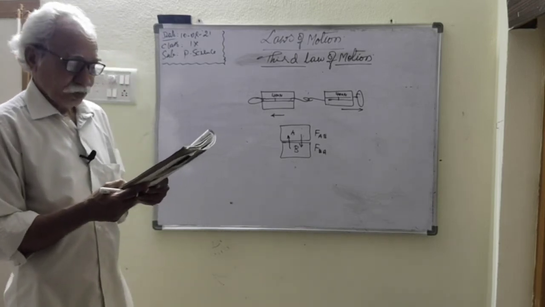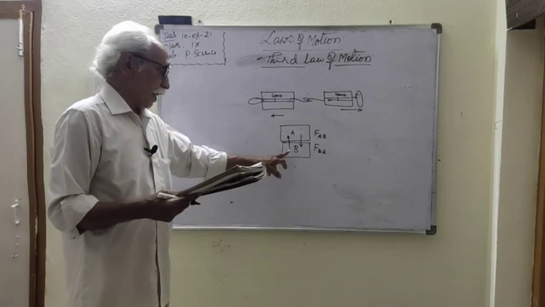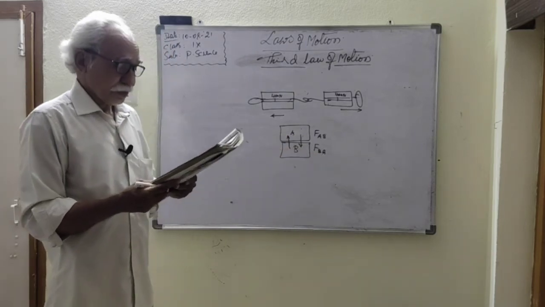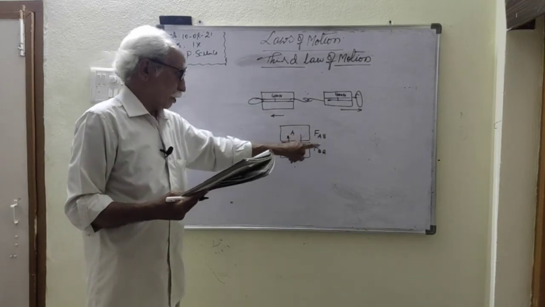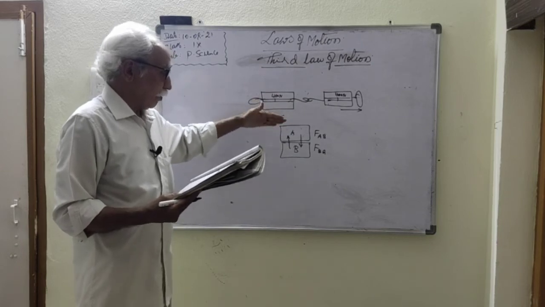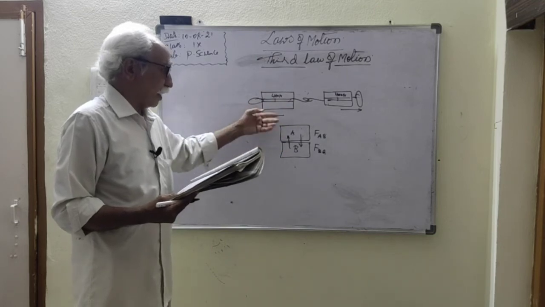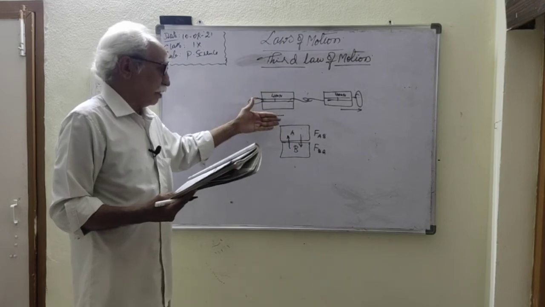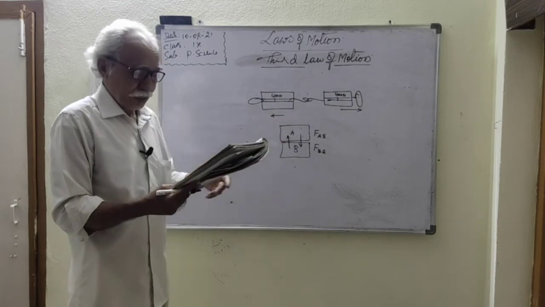So, the force exerted by the object B on A is FBA, and A, in reverse, exerting force on B is called FAB. Therefore, if A is applying force on B, the force applied by A is called the action force, and the force applied by B is the reaction force. Suppose B applying force on A is called the action force, then A applying force on B is called the reaction force.